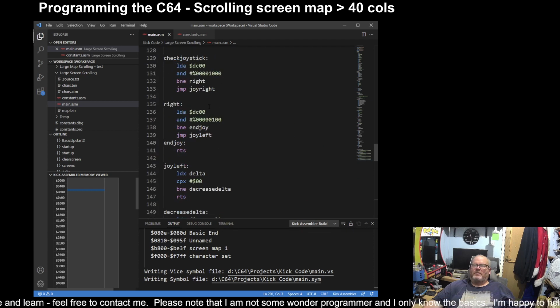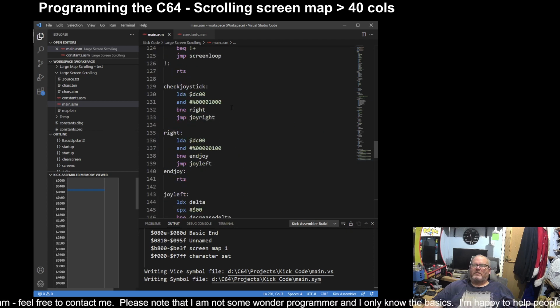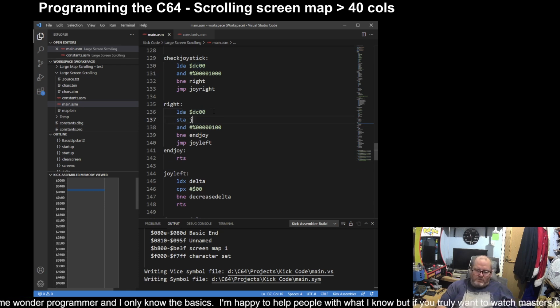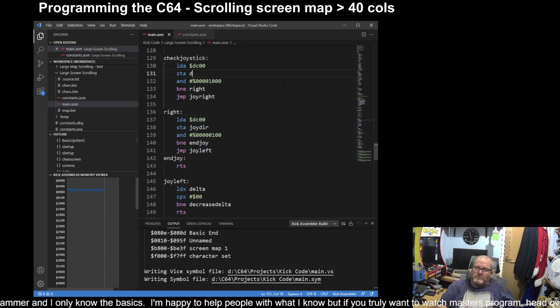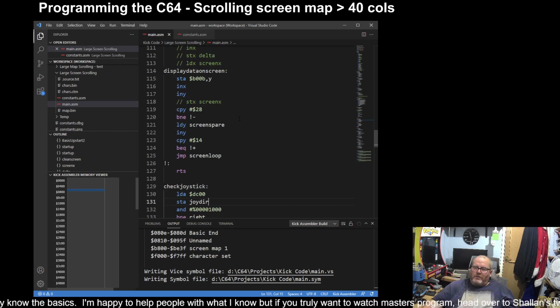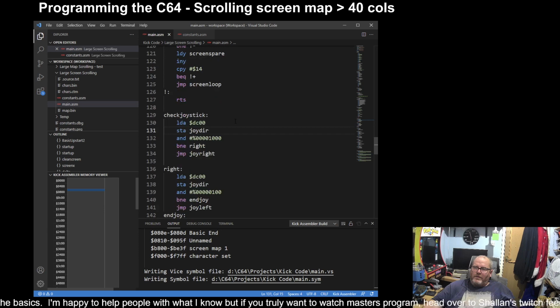I already have whether I'm pressing left or right. So then I can use this same bit of code